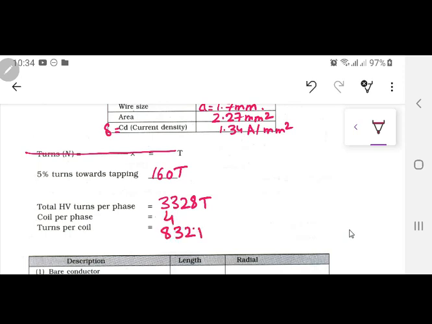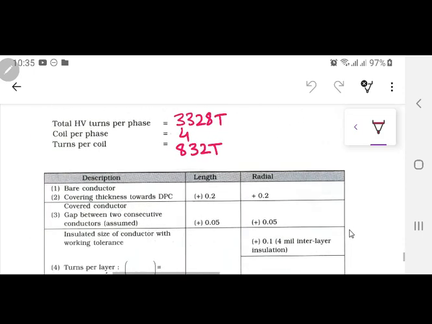832. Now, since the high voltage side is the longer side, it has a large number of conductors, it also has a large number of turns, and we have bifurcated the whole winding into 4 coils over there. Now, instead of taking the window height from the low voltage winding, I am going to take over here in this example the height from the high voltage winding, design the height, and then try to fix that low voltage winding comes inside that window. This can be the other way around as well. But here in this example, I am going to do it with the high voltage side.